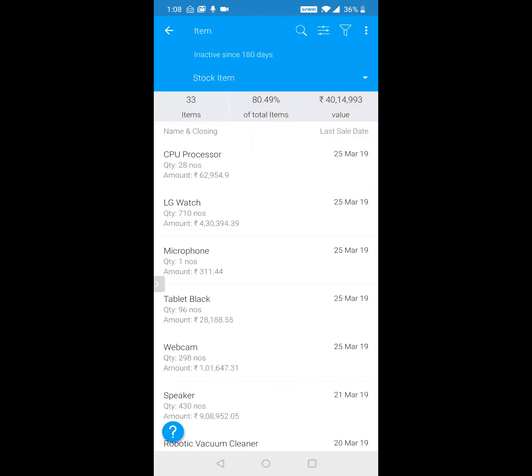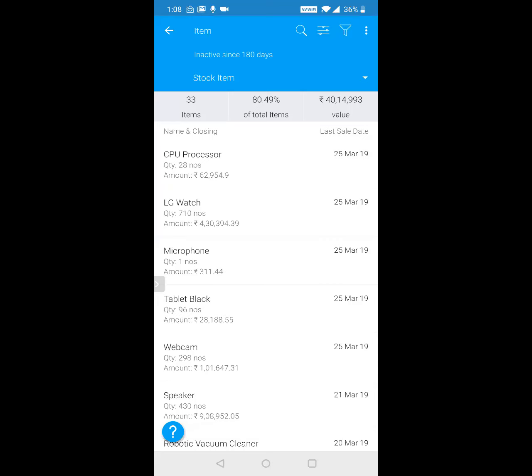In fact, we had a customer who was using it in the 7-day trial period. To his surprise, he said, I didn't know that I have 60 lakh rupees worth of stock which is dead. He was able to liquidate quite a few in the first 3 to 4 days after using the application. He said, sir, my 1800 rupees has been recovered, even before buying the application.